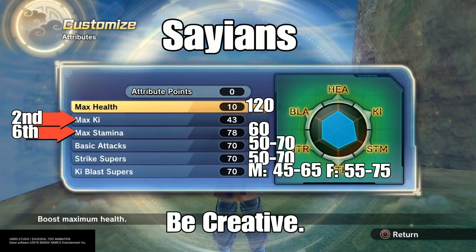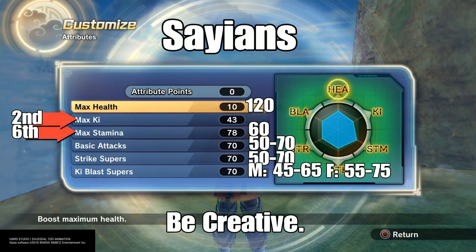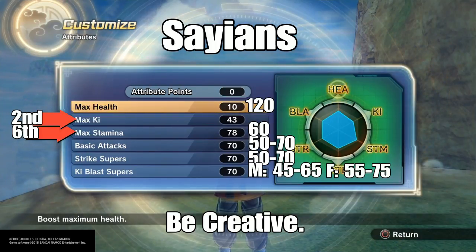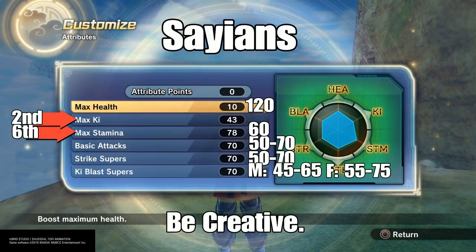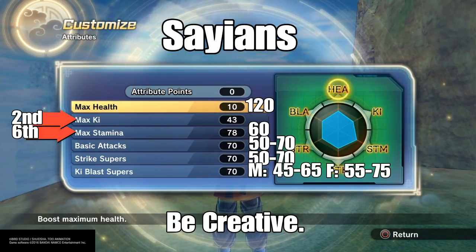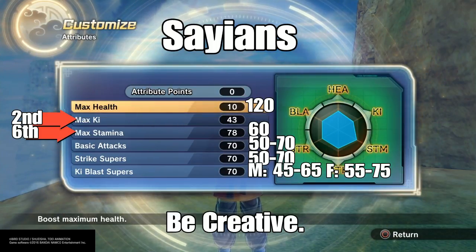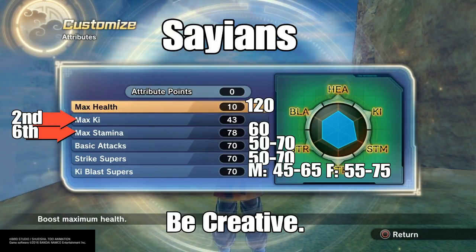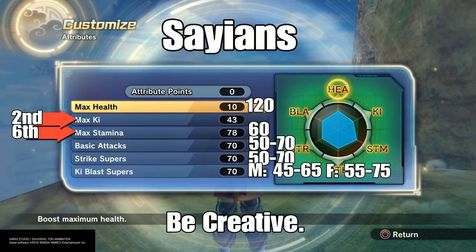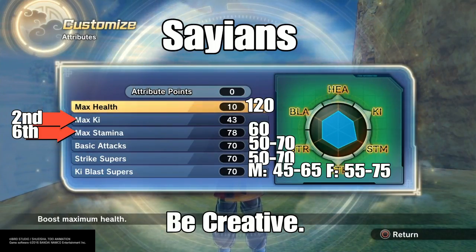You need to have high health, but this is not optional. Sorry, this is optional, to have a lot in health. But your ki should always be your second stat, no matter what stat you decide to specialize in. And none of your stats should be like 90s, 80s, or 100. None. That's what makes you the second strongest race, because unlike the other race, your transformations, Super Saiyan, we have